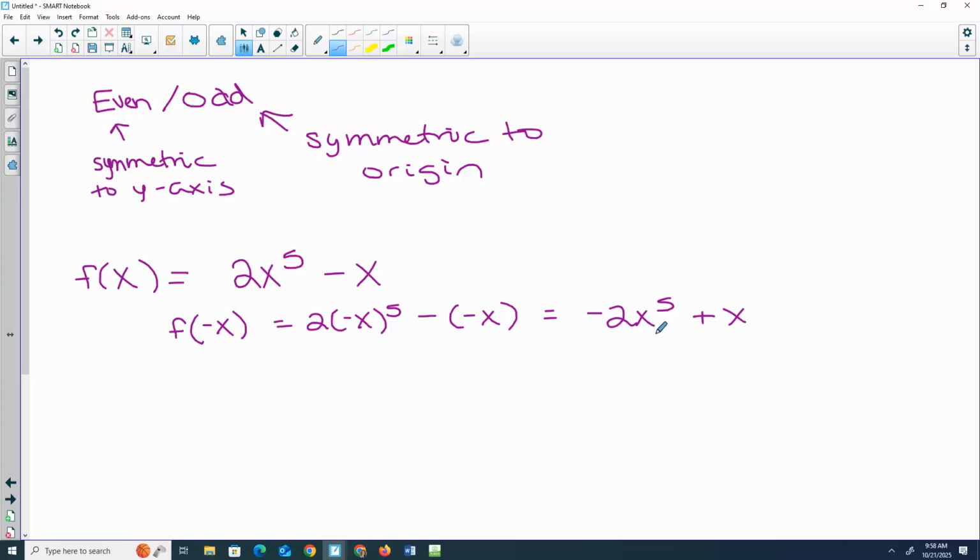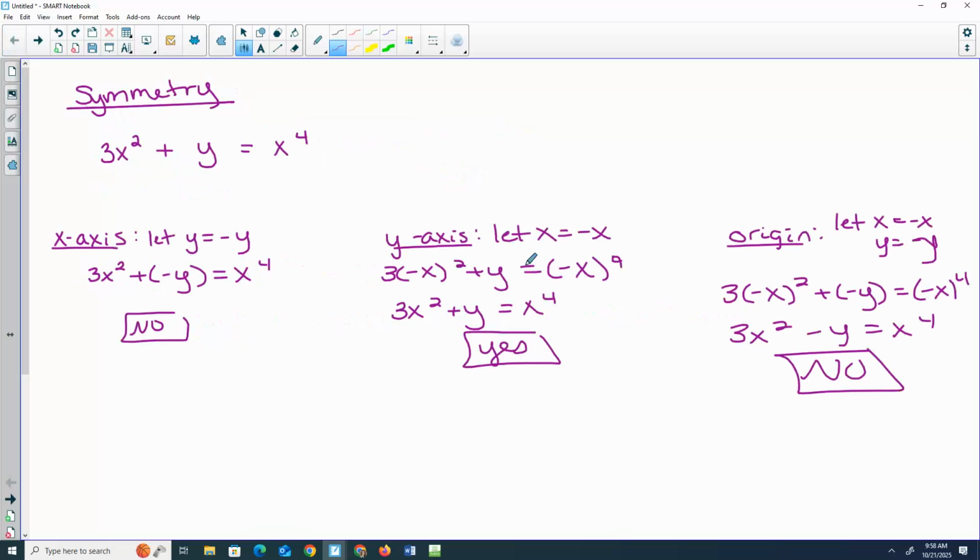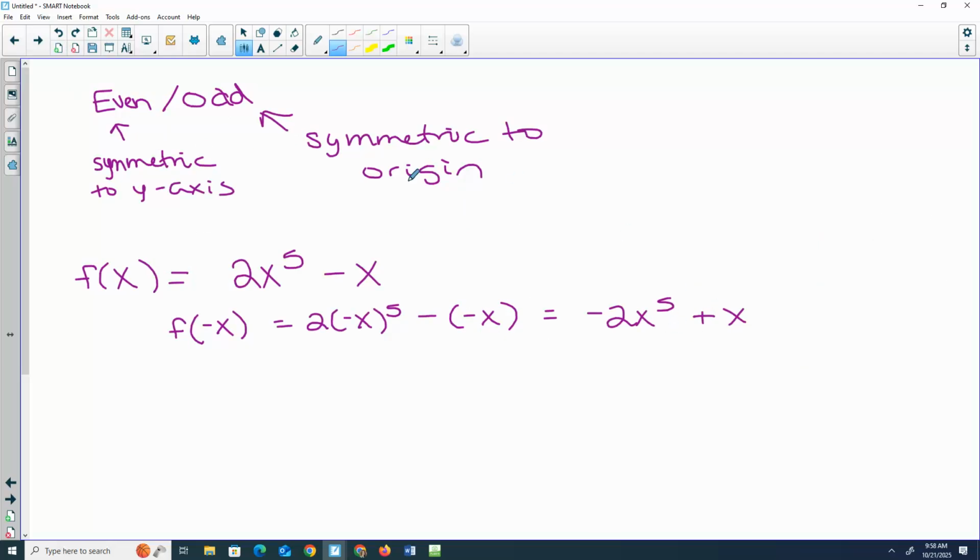If it comes back to be the exact opposite, that's like our origin. When the x is negative, the y became negative. So if you get the exact opposite, that's odd. This is the opposite of what I started with, so that was odd. So if it's identical to the original, even. If it's the exact opposite, odd. Anything else would be neither. Questions on that? So we talked about our parent functions, our symmetry, and then after that we just did our transformations. Is there anything else you guys want me to